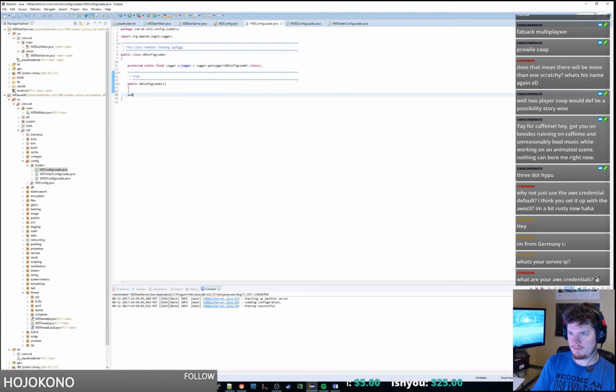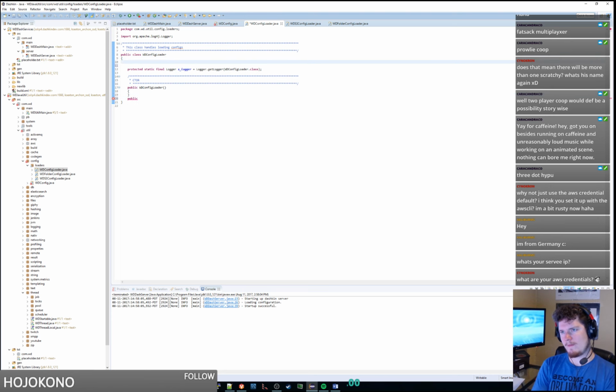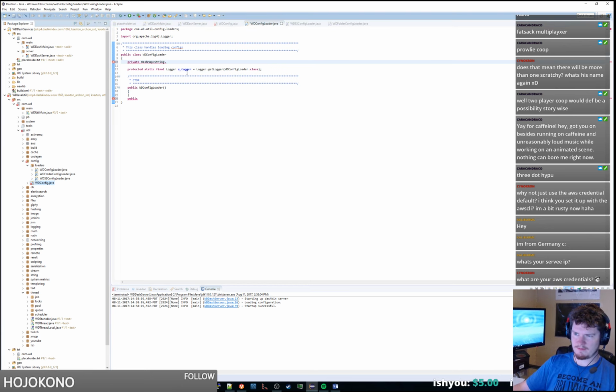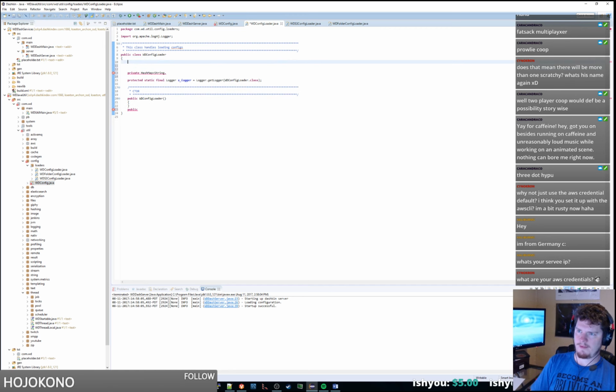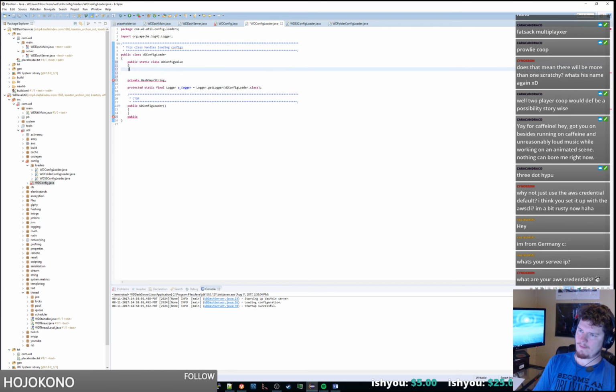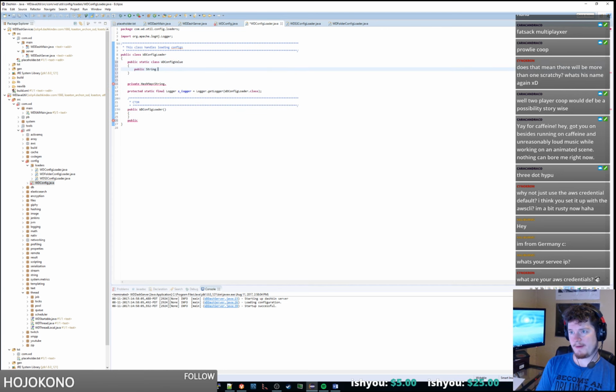Alright, so public, let's see, is the loader itself going to do this, or is the config system going to pump the loader? I think the config system should probably pump the loader. So our config values are actually going to be a hash map of string to config value? Yeah. And I think that's going to be